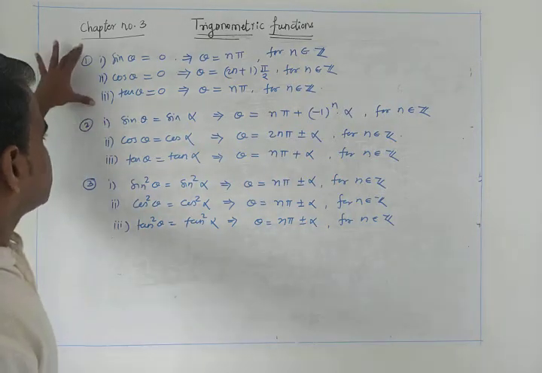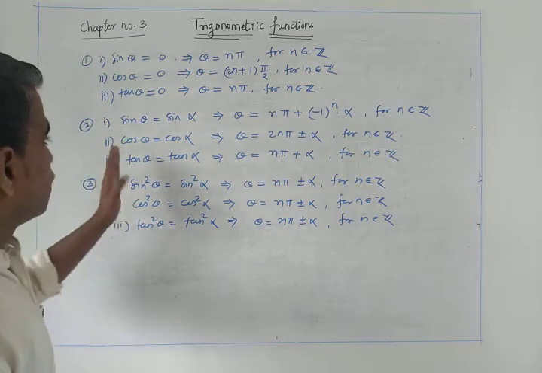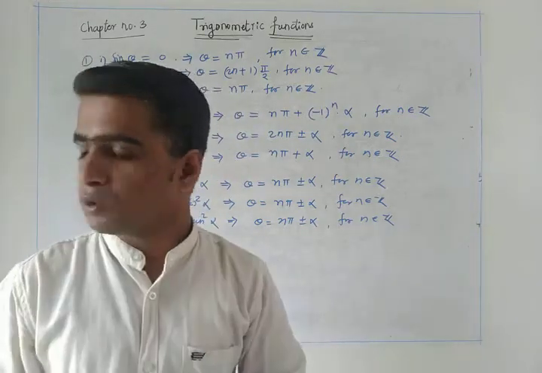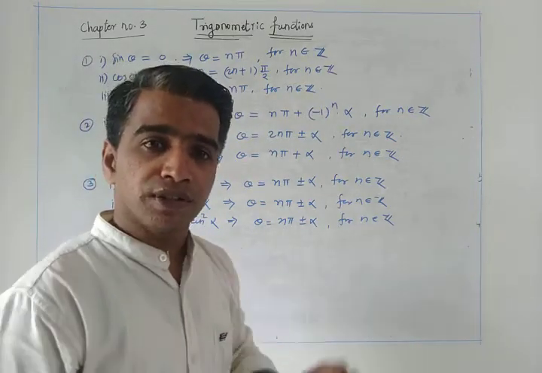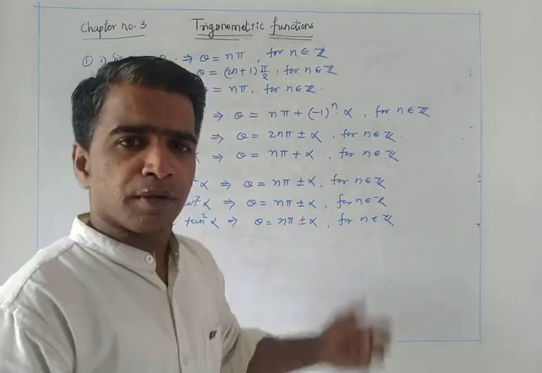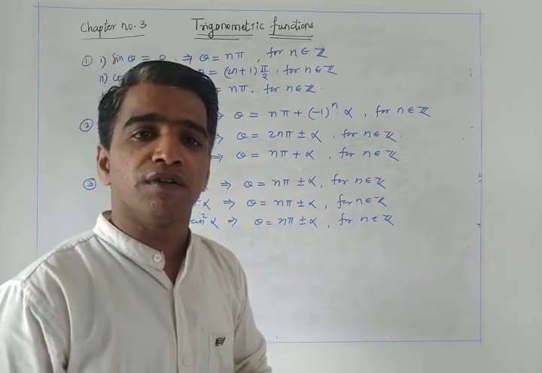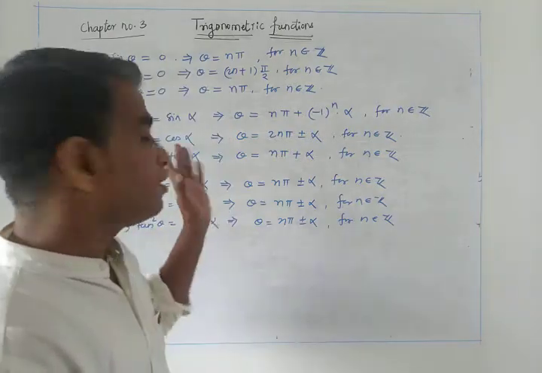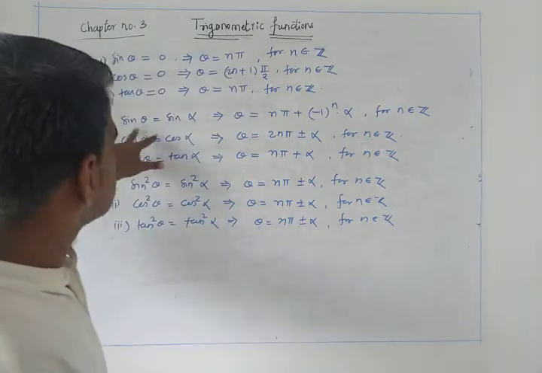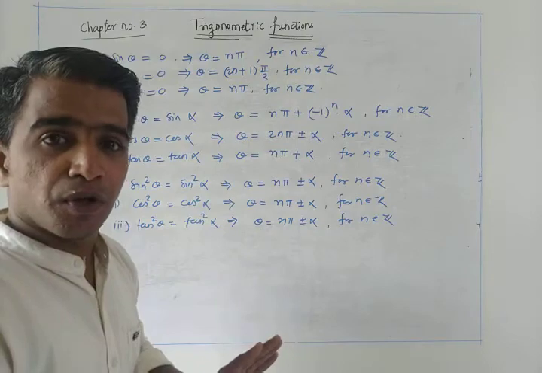See here, in the first set the trigonometric function is equal to 0, but in the second and third sets, the left and right hand side trigonometric functions must be the same. Before finding solutions, we always have to check whether both the functions are the same or not. If they are different functions, convert by using some other angle formulas. Those formulas can help us convert one function into another function. So we use that formula here and first make the same type of function on both sides, and both the functions must be positive, and both must be a single function, not more than that.